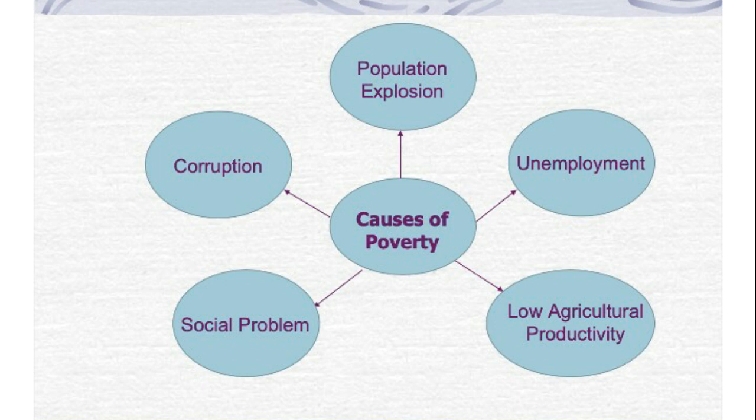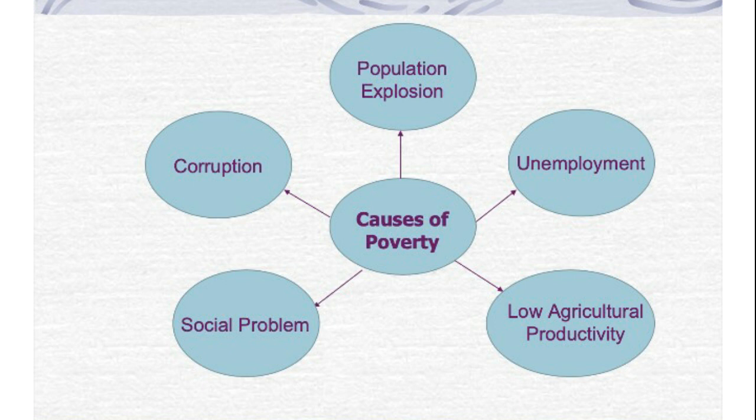Many people are not able to find jobs, and the reasons for this might be that they don't have good qualifications, industrial skills, etc. Second is low agricultural productivity. India is an agriculture-based country in which more than half of the country's population depends on agriculture. But still, India's agricultural productivity is the lowest among developing countries. Reasons could be the use of traditional methods, fragmentation, soil pollution, climate change, etc.